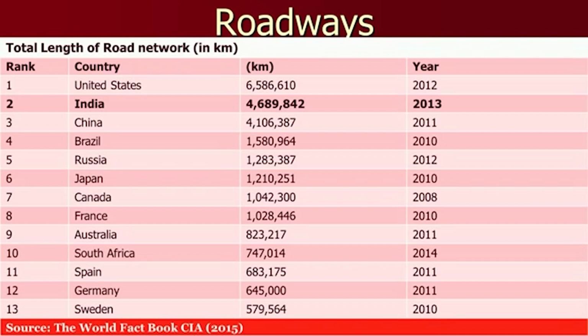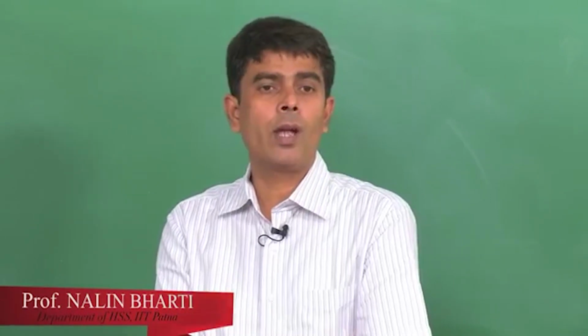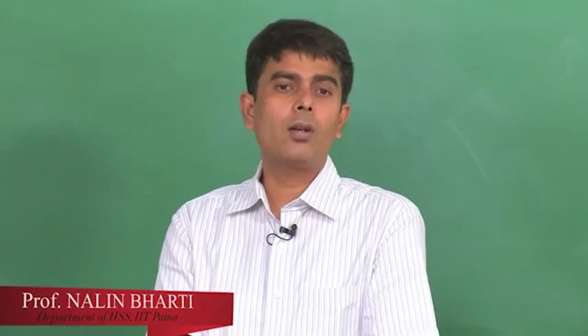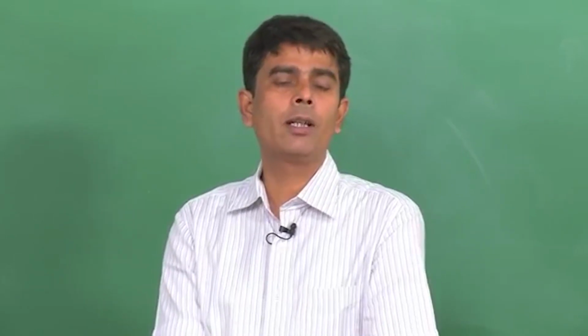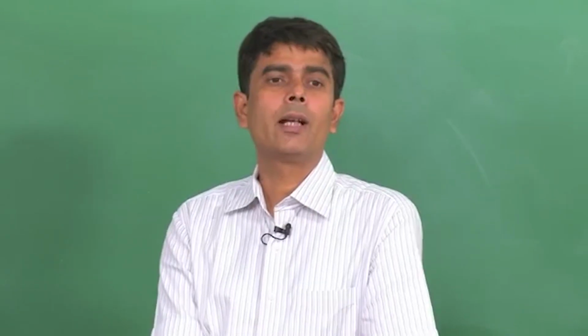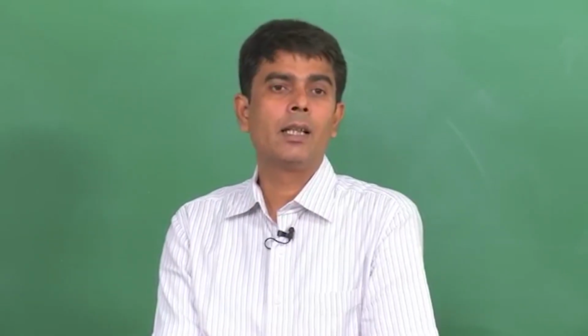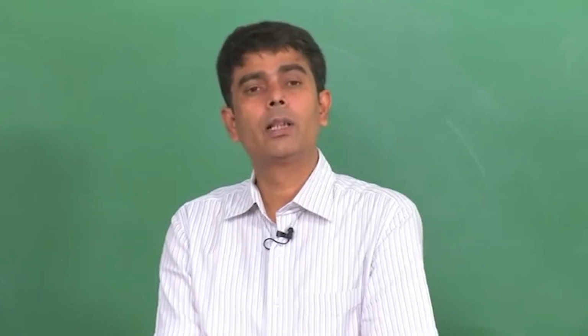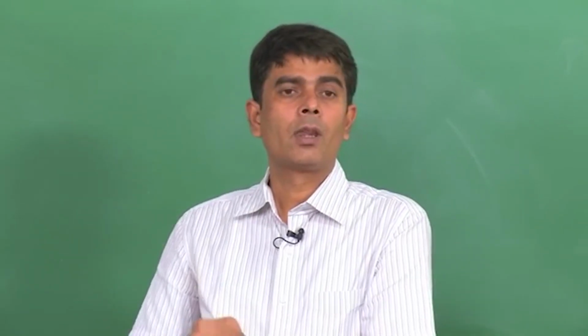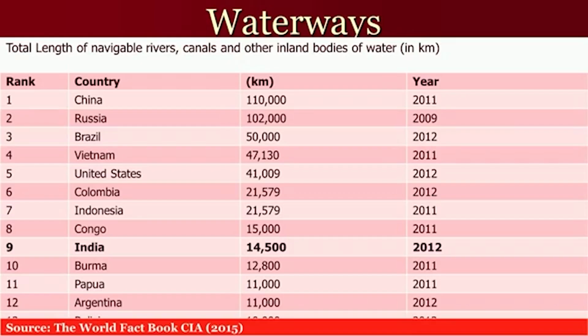Apart from this, if we see the road networks in kilometers, again the United States is at the top, in a better position, and India and China are still better, but when it comes to the road network for the current population, it is not good to say that we are better or equal to the developed ones, because the developed countries do not really have a large population and urbanization going on, because they have already reached their level of development in the past. So they are just maintaining their development, but at the same time we have to achieve new targets in development, and these indicators are really showing us that we have to move ahead with the growing population and urbanization in our economy. In terms of waterways also, we are not really,